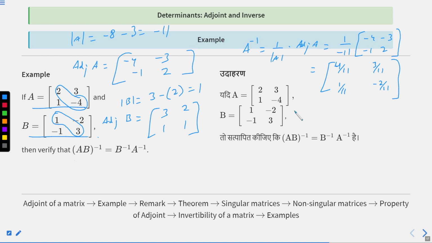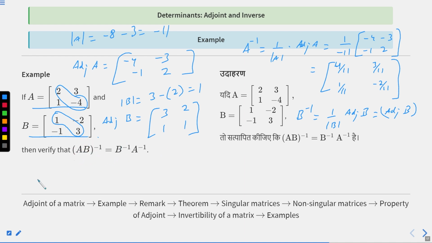Now what about B inverse? So B inverse will be 1 by determinant of B times adjoint of B. Okay, and as you know, determinant of B is just 1, so B inverse is the same as adjoint of B. Your B inverse will be the same. Now